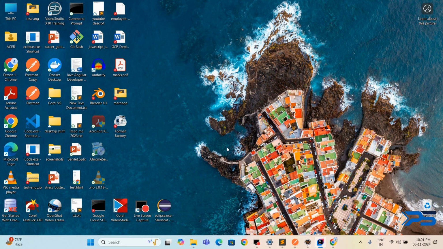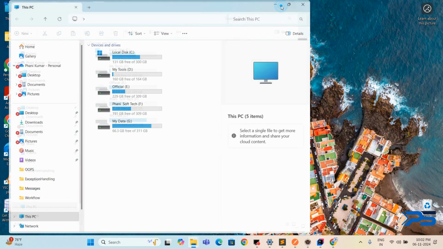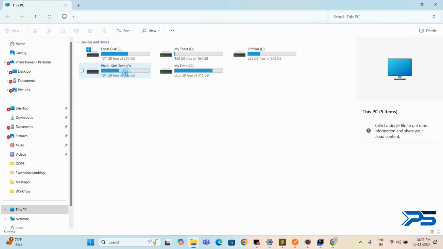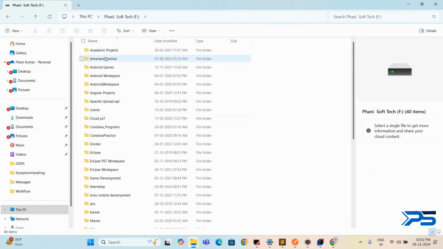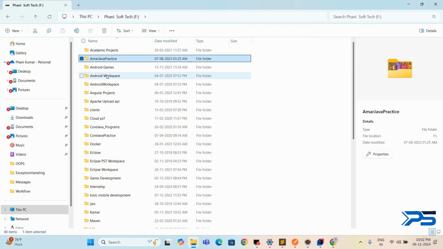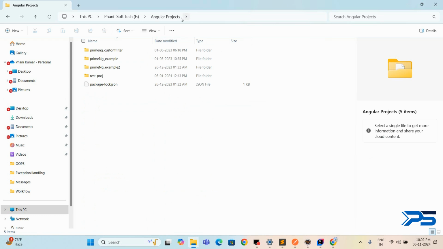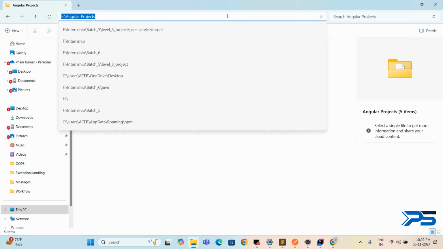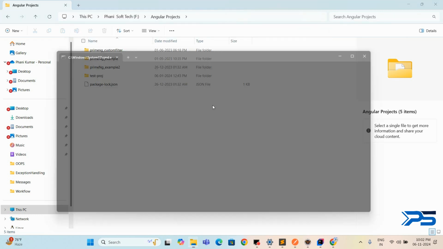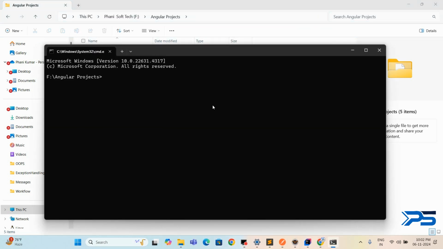Okay, so yeah, go to your favorite folder wherever you are going to create a project. For example, I have an Angular project folder, so I'm going to create a project here. Before creating a project or working in Angular, you need to install Node.js and then Angular